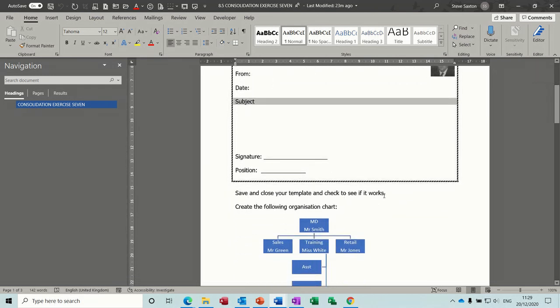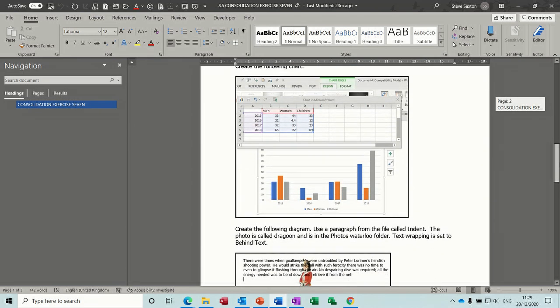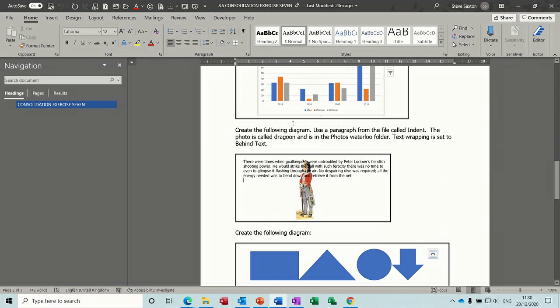You then need to close that template and see if it works, so make sure you save it as a template, and then to open the template you go File, New, so don't open the recent file new. Then you're creating this organizational chart using smart art objects, followed by this graph, and then you insert this picture